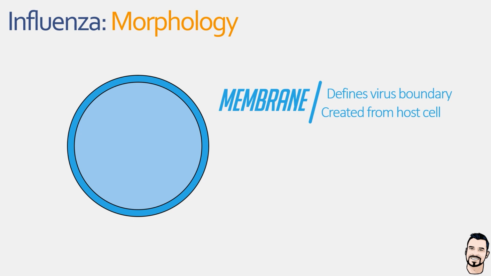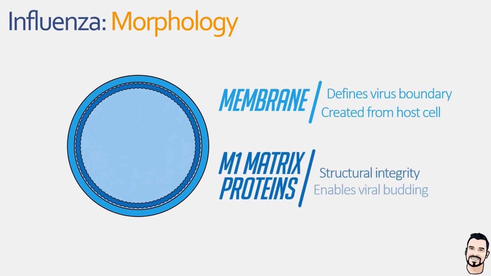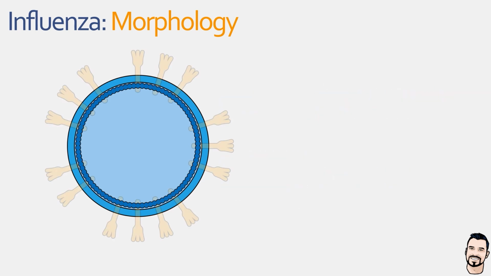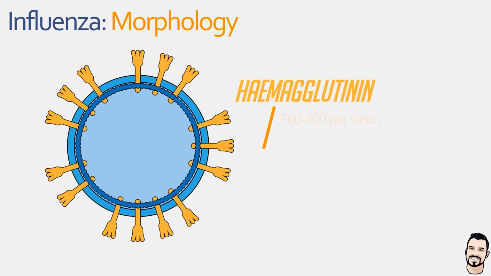So our influenza A virus is an enveloped virus, meaning it has a host-derived phospholipid membrane that forms its outer surface and defines the virus. Within this are what we call M1 matrix proteins. This helps to provide the virus with structural support and help our influenza virus to escape from host cells after they have been infected. Now, there are a number of proteins that are associated with the membrane, starting with hemagglutinin,